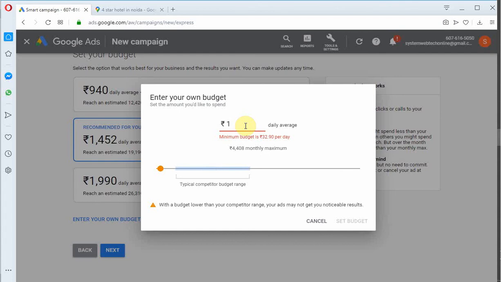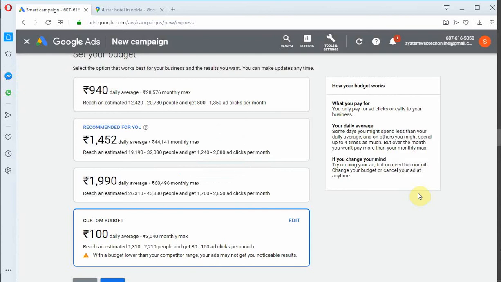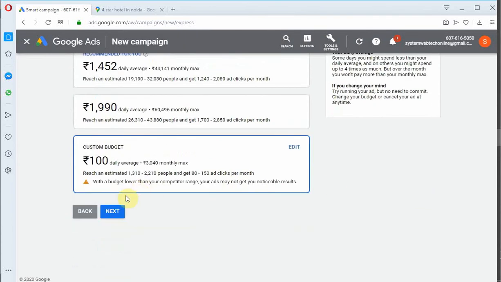Minimum budget, it's showing 32.90 rupees per day, but we will take 100 here because we are running it on a trial basis. Once we get the good outcome, we will increase the budget. So yes, we will set a custom budget as per our choice.